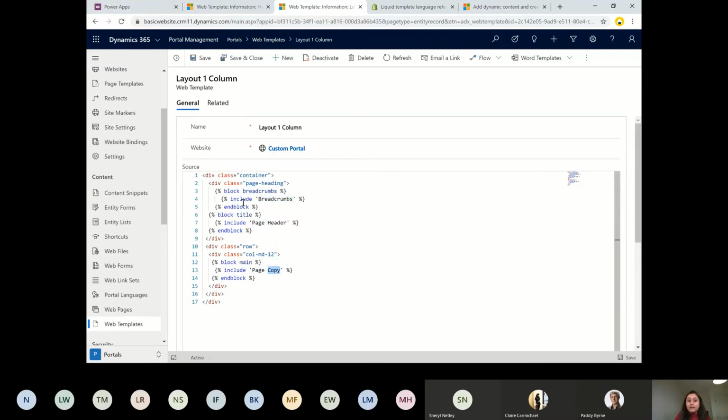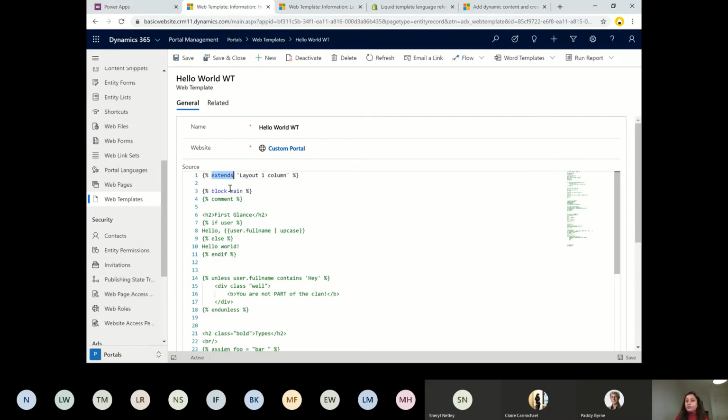So what's the difference between the include syntax and extends? Include can be used anywhere within your code to include any web template, but extends is the keyword that, if you don't use it as the first line here, is not going to work. It says that extends should be the first tag. Why? Basically, when you have headings and things to be styled, they should definitely be rendered first and then your whole logic. So this is for headings and things, and that's the reason we are using the extends keyword.